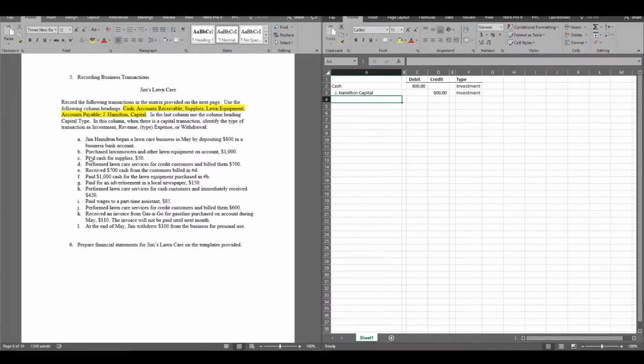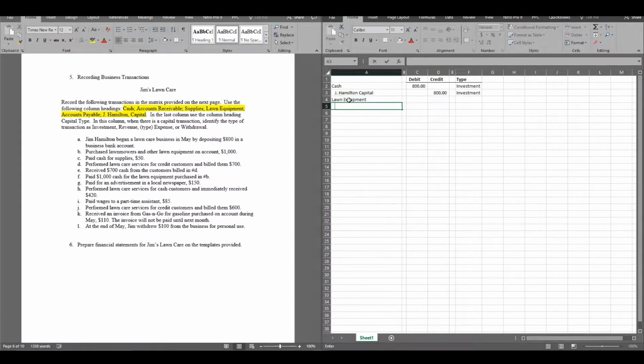That's entry A. Now B, we purchased a lawnmower and other lawn equipment on account for $1,000. The key words here, we purchased lawnmower and other lawn equipment. We did it on account, which means we did not use cash yet. Notice we only have $800 in the business bank account, so we couldn't spend $1,000 in cash at this point anyway. So what we did is we bought an asset, we bought lawn equipment,